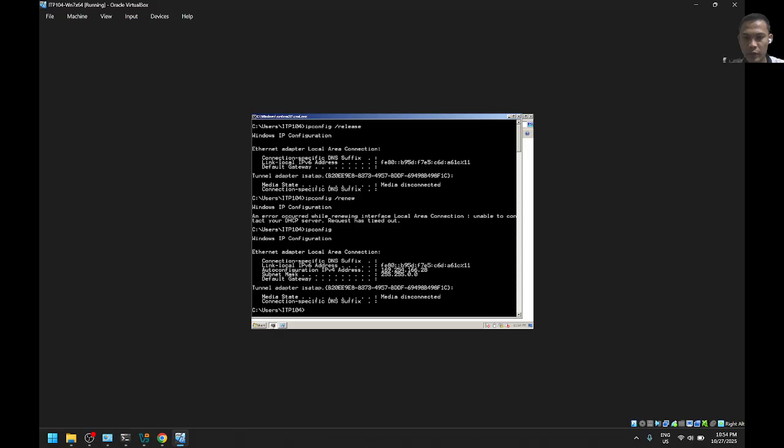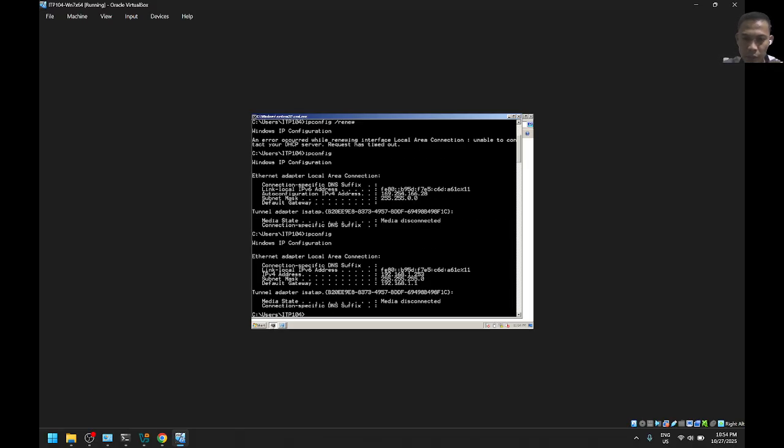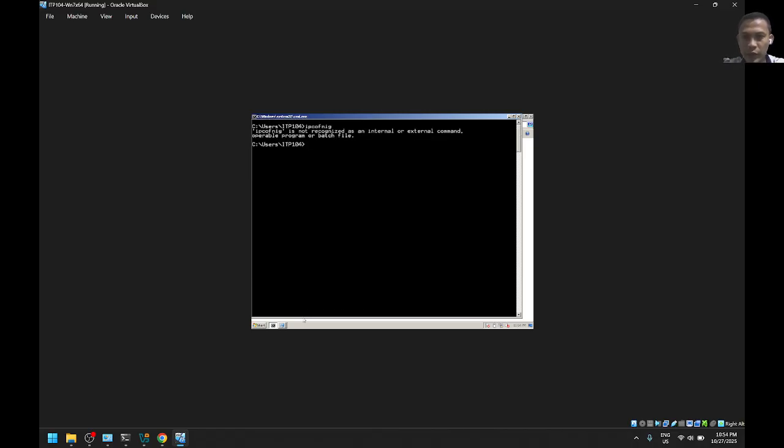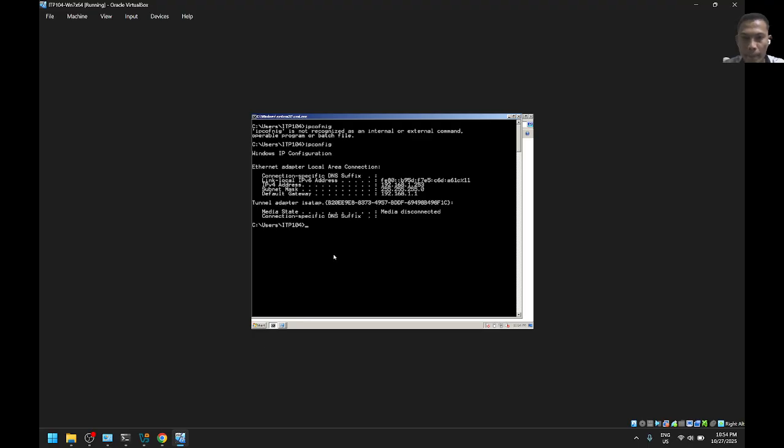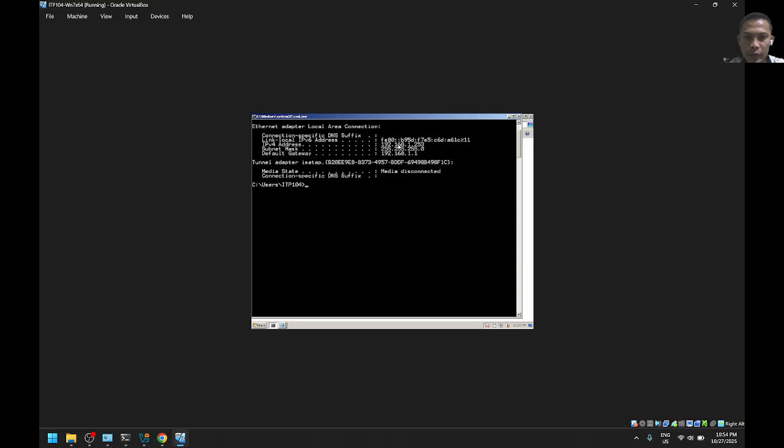Now we'll check if our static configuration is applied. Hit enter. Let's clear it. Hit enter again. So we see the static IP. Then try pinging the gateway 1.1.